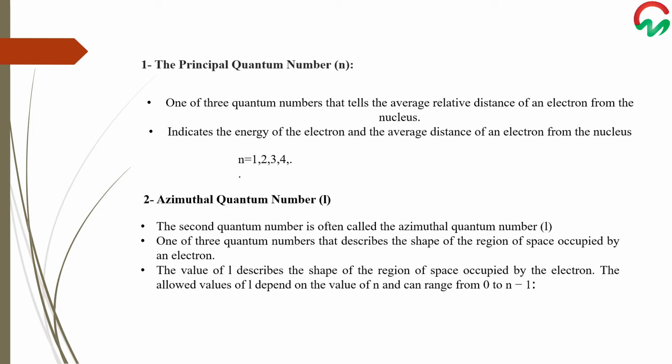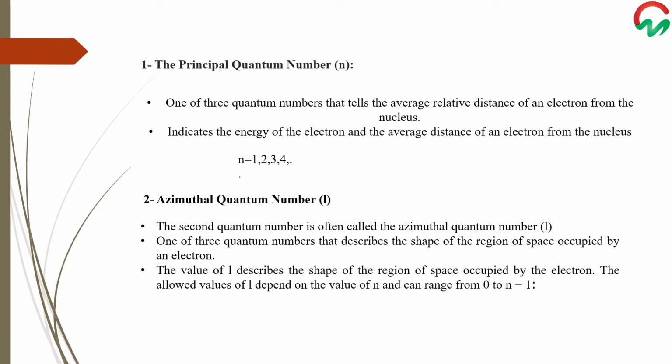As the value of n increases for an atom, so does the average distance of the electron from the nucleus. A negatively charged electron that is on average closer to the positively charged nucleus is attracted to the nucleus more strongly than an electron that is farther out in space. So electrons with higher values of n are easier to remove from the atom, and all the wave functions that have the same value of n are said to constitute a principal shell, because they have electrons with a similar average distance from the nucleus.